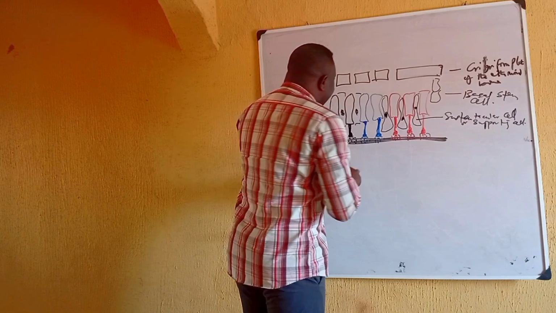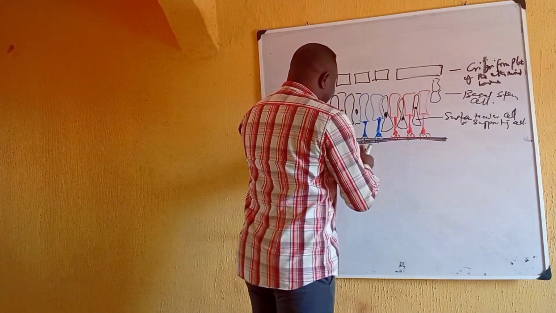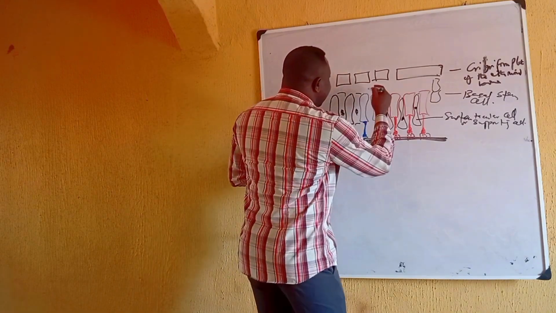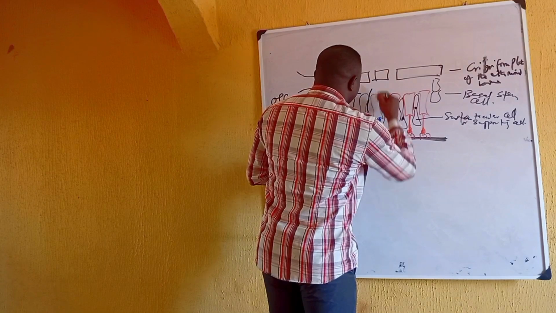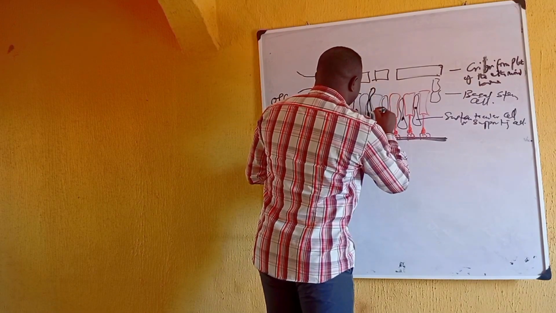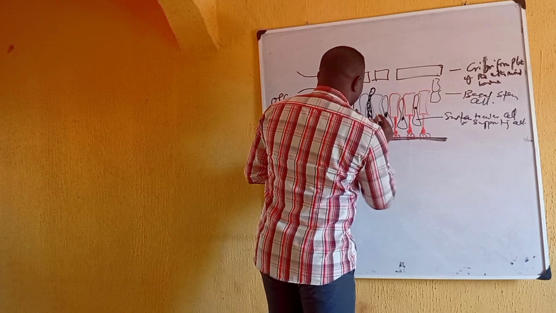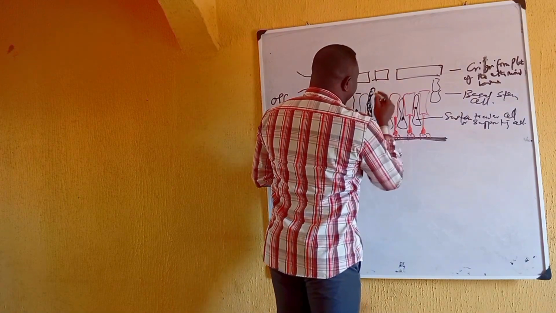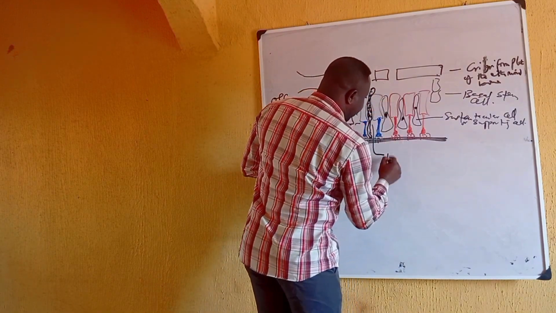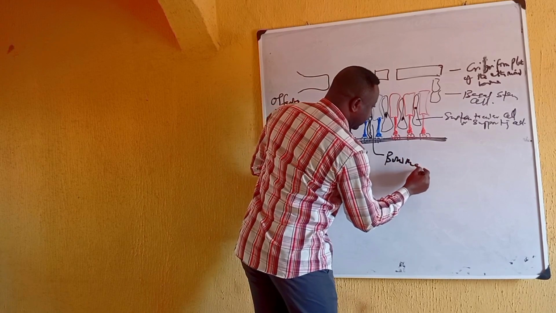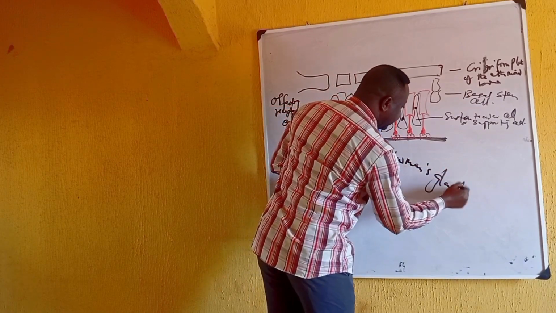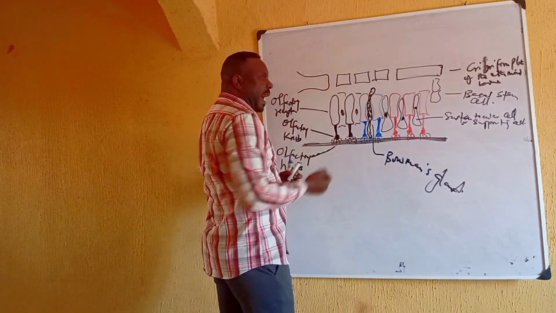Now we have a gland. We call this the Bowman's gland. This is called Bowman's gland. Now, the Bowman's gland is responsible